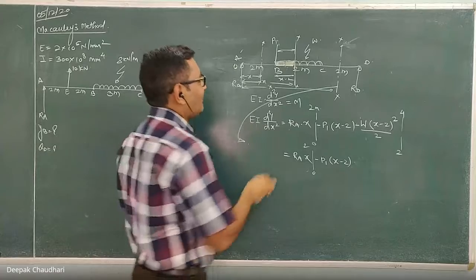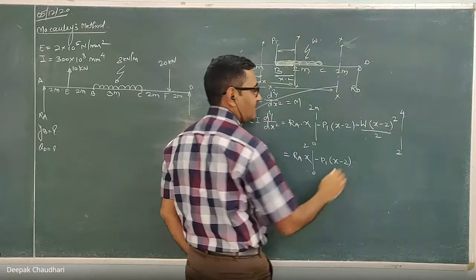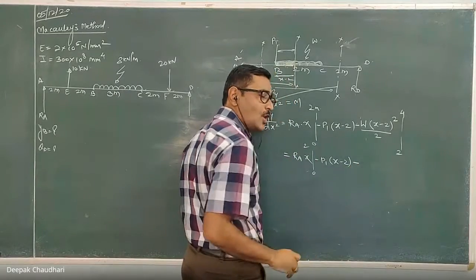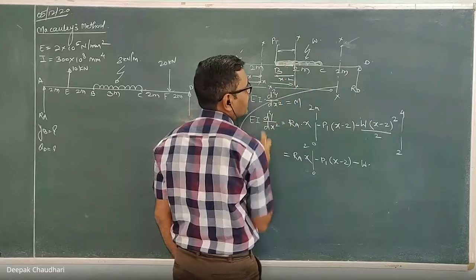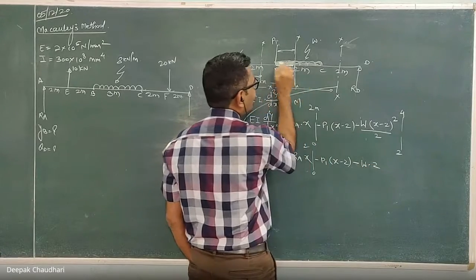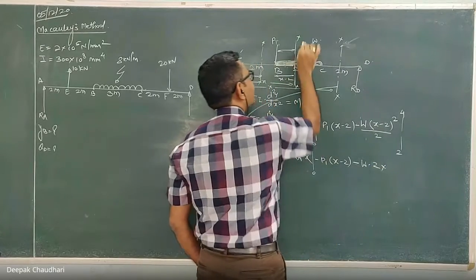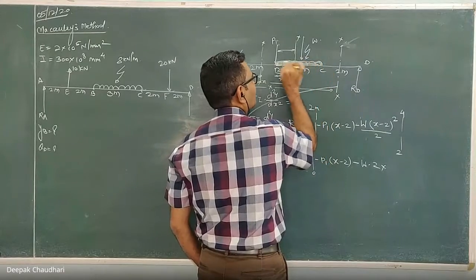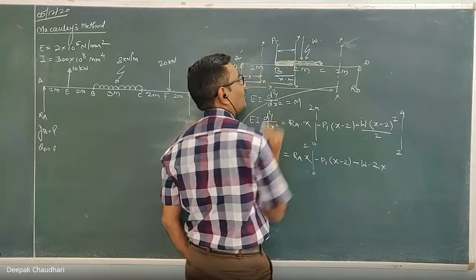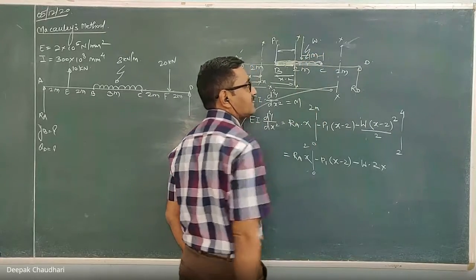Okay. So if I want to write down the moment of this UDL at this section XX, what will happen? It is producing the hogging bending moment, so minus W into the distance over which it is spread, into 2. Now it is completely 2. Into the distance of that equivalent point load from the section. This equivalent point load will act at the midpoint of the length over which it is spread, which means it is at a distance of 1 meter from C.